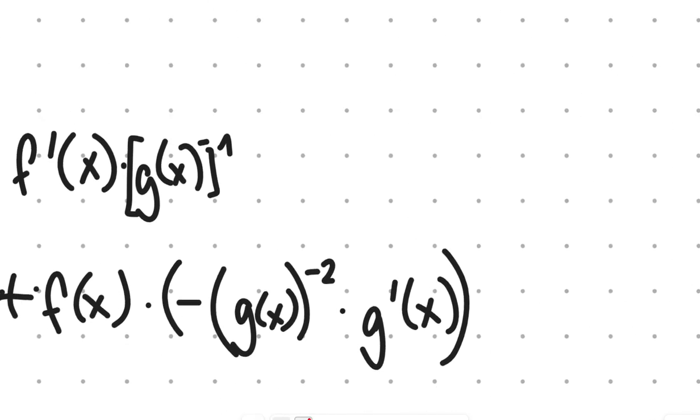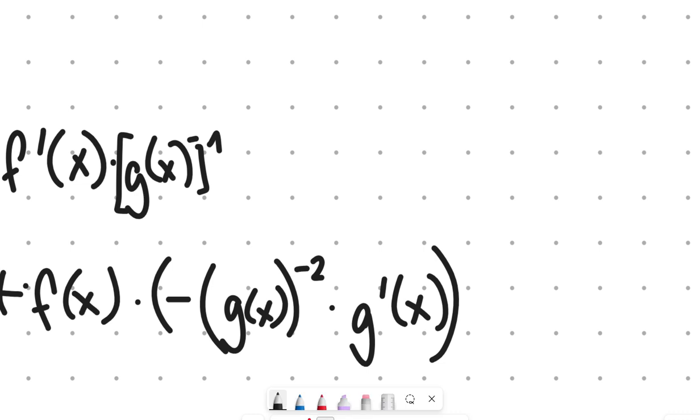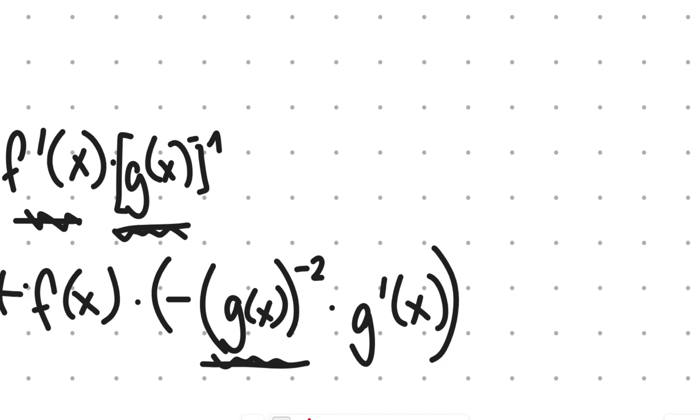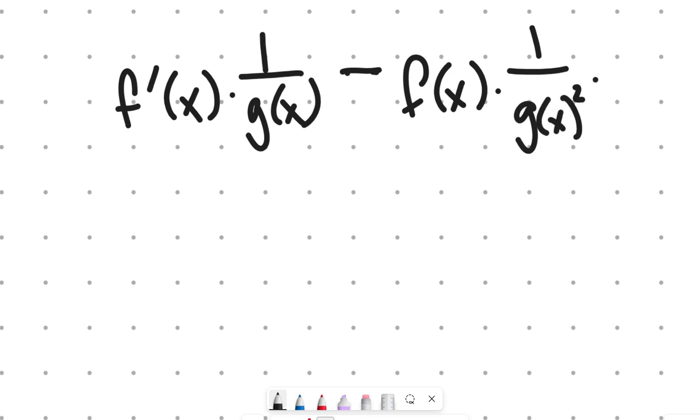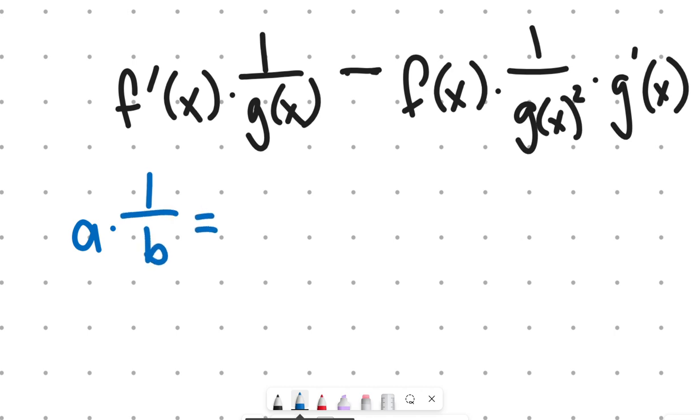Now what will this result to? We'll write this as f of x times 1 over g of x, and we will write it in different terms. We'll write all of them as a fraction again. So we'll get f prime of x times 1 over g of x. Now we had the minus, so we'll minus f of x times 1 over g of x squared times g prime of x. Now any number a times 1 over b is the same thing as a over b,